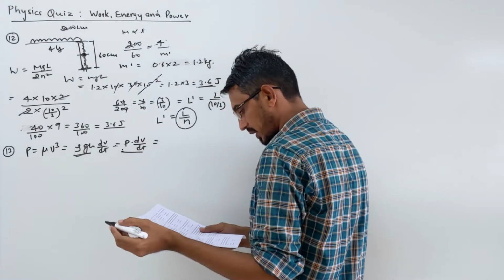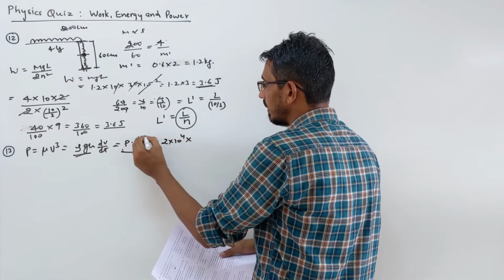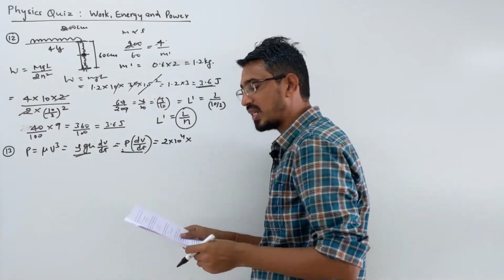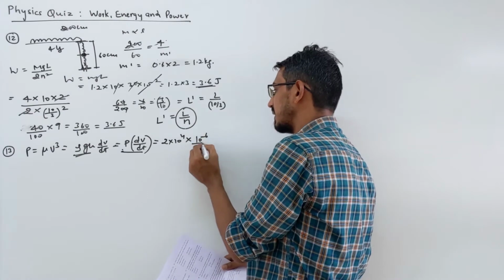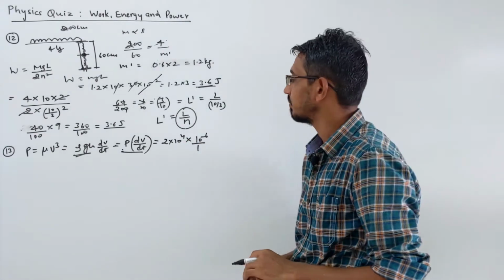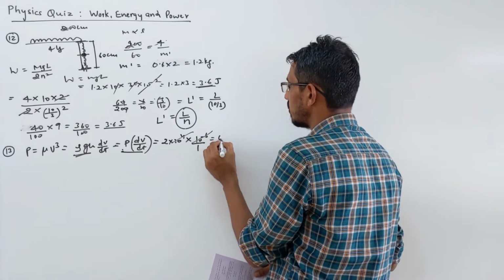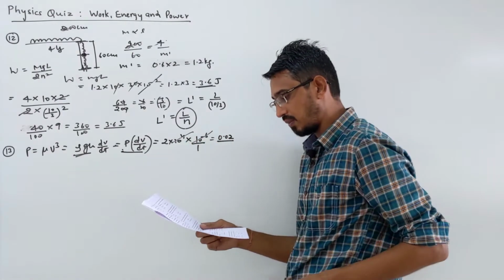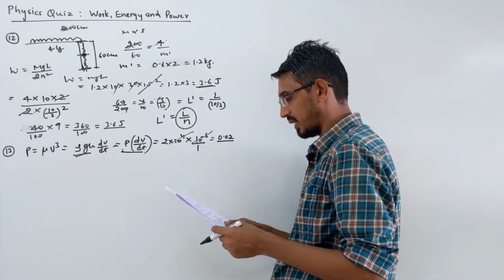Okay, so look, pressure is given directly to you. How much is given? 20,000 means 2 into 10 power 4. Volume is given as 1 cubic centimeter. We have to work in the SI system, so you write 10 power minus 6, and time is given as 1 second. You cancel this here, and you get 2 into 10 power minus 2, that is 0.02, which will be the power in watt. So the first option is the correct answer in this question.